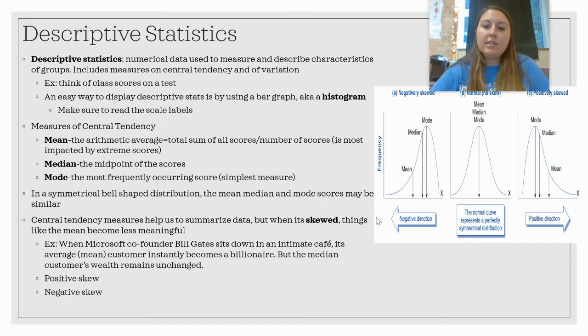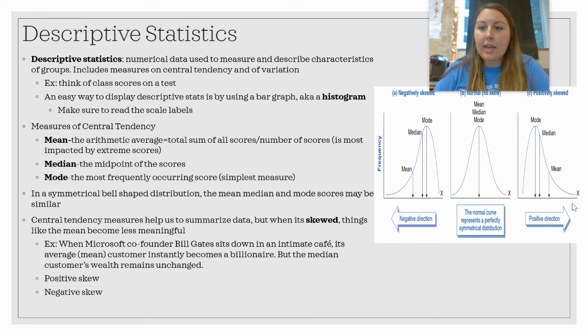So in this example, we have a negative skewed set of data. What that means is that there is a tail that is going towards zero. So there's more scores clustered closer to zero than there are towards the mean. With a positive skew, it's just the opposite. There are more scores clustered away from zero than clustered near the mean. And so that can tell us more about the data.